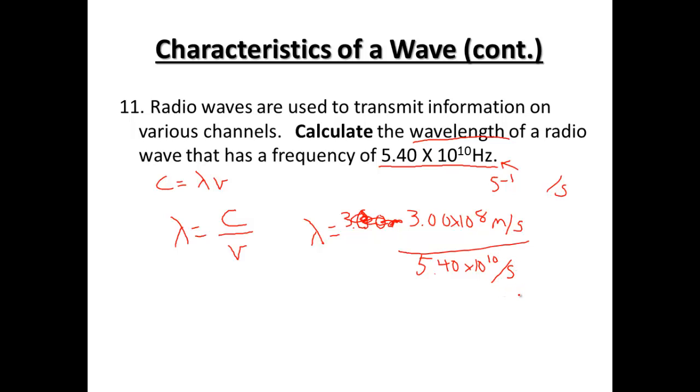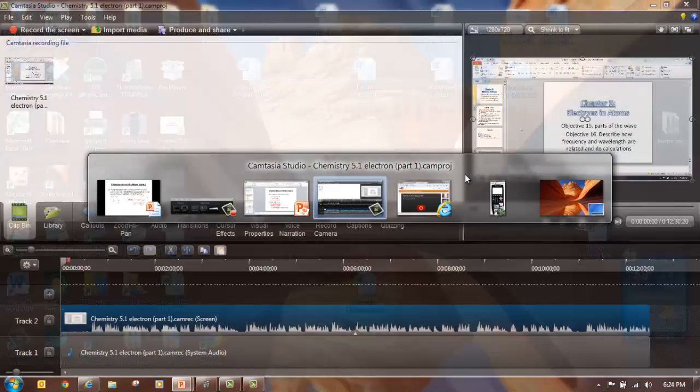Now right away, our units cancel out. The per second on the bottom will cancel the per second on the top, leaving us with the meter unit. That's what we're looking for in a wavelength. And then if we wanted to actually calculate this out, if you have your calculator with you, if you have a graphing calculator,